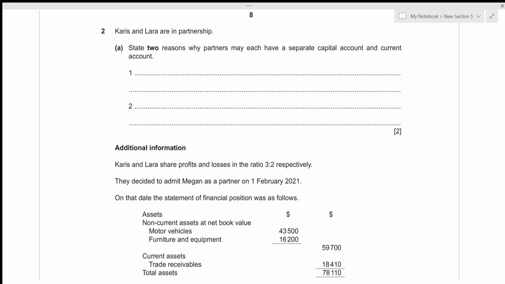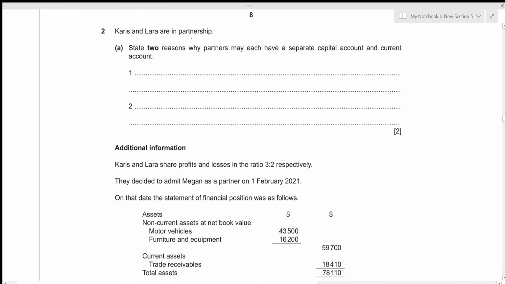Hello everyone, today we'll be going over accounts, May June 2021, paper 2-1, question number 2. So the structured paper 2 is of 90 marks and it has a time limit of 90 minutes as well. And since this question 2 is of 15 marks, we will be attempting to solve this question under 15 minutes as well. Let's get started.